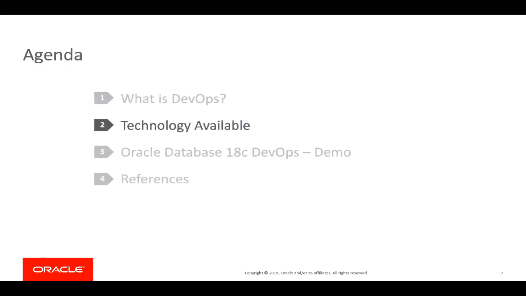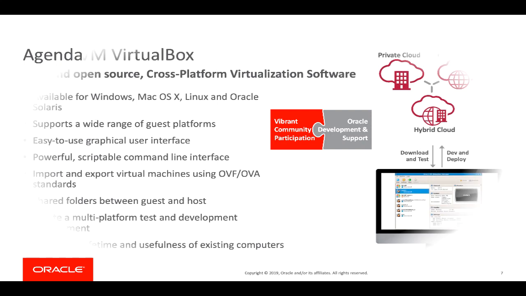Let's now move to the technology available. Today, among the huge list of software components available for DevOps, within the infrastructure as code, we can find also VirtualBox, Vagrant, and Oracle Linux. Let's deep dive into those. So first,